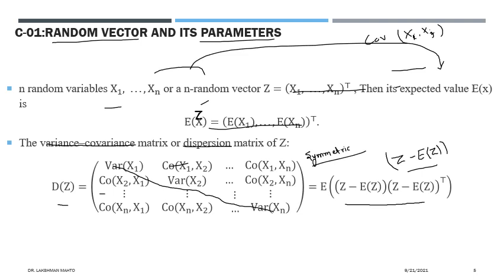If you take the outer product of any vector, what is the property of that matrix? Definitely it would be symmetric. Symmetricity would be clear, because I have already expressed this variance covariance matrix as the expectation of an outer product of this vector. So definitely it would be symmetric. Apart from symmetric, what other property will you observe? Anyone?